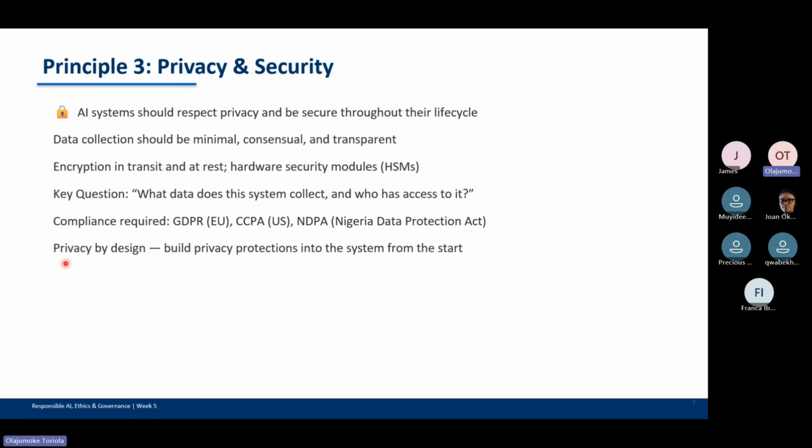This is why it is very important that privacy by design is what you build from day one into your system. If you're collecting data from people, you have to let them know why you're collecting their data and what you're doing with it. You have to be transparent enough. Most importantly, people have to give you their consent when they want to use your application, because of the data you are collecting. Today you see people build AI tools and systems, and there is really nothing to protect them or the organization while collecting such data.